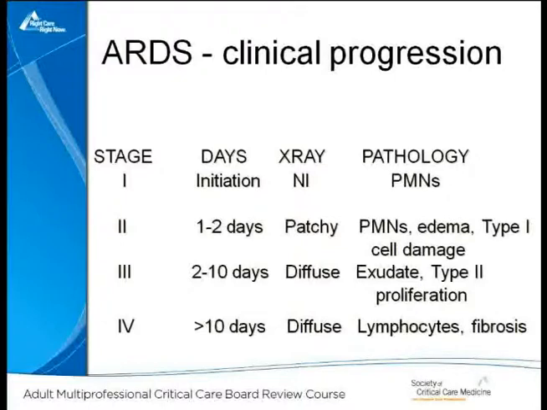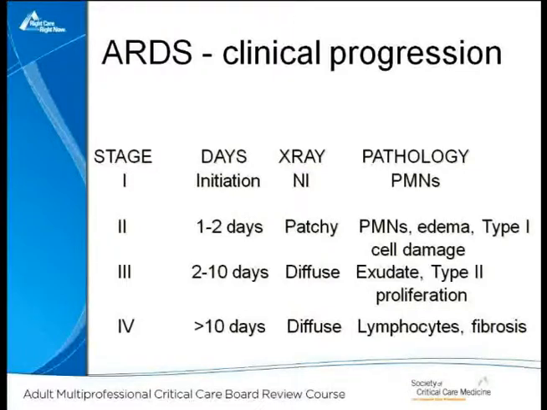ARDS moves through various stages. At the beginning, at the initiation, the X-ray may actually look fairly normal for the first few hours. If you were to do pathology on it, you would find a lot of neutrophils. Over the next couple of days, the X-ray starts to develop abnormalities. Again, neutrophils are the major cell type. You'll see edema, and you'll see type 1 cell injury. Type 1 cells, you'll remember, are the lining cells of the alveolus that participate in the gas exchange processes